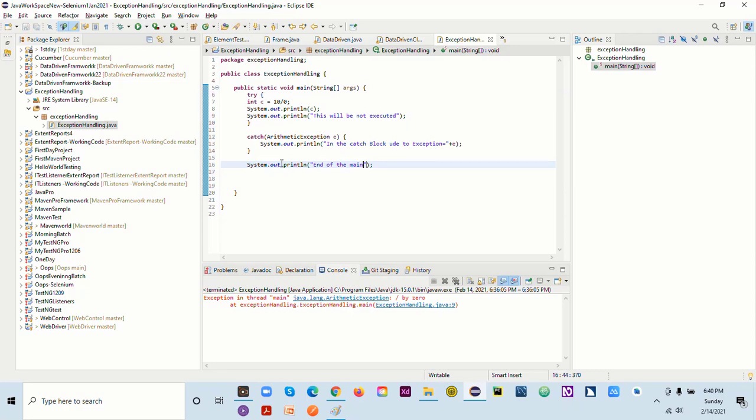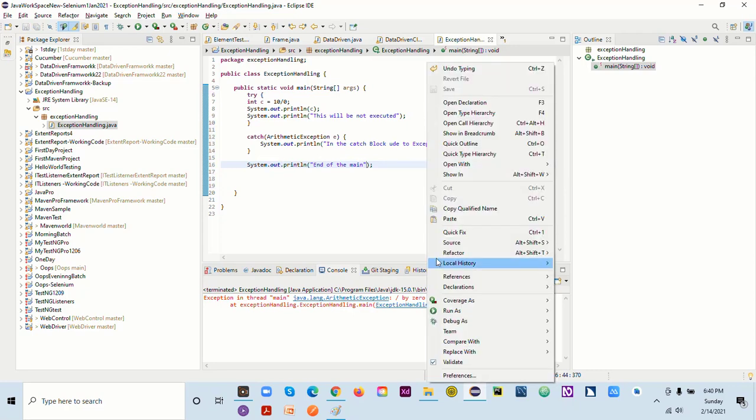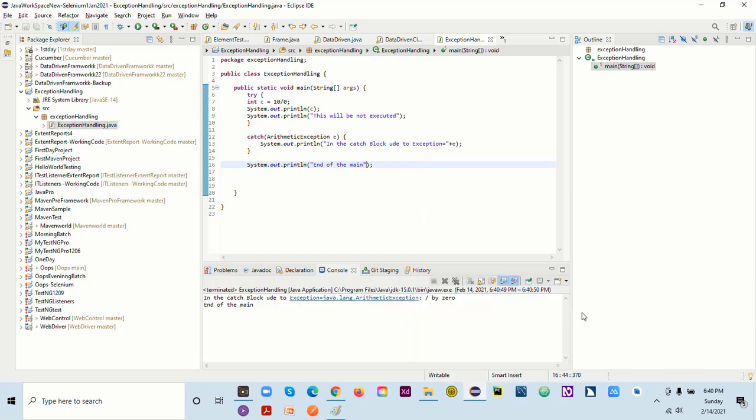Okay, so let's run it now. It is saying that in the catch block due to exception, which is ArithmeticException divided by 0, but it's still okay, and then we are printing the other line.